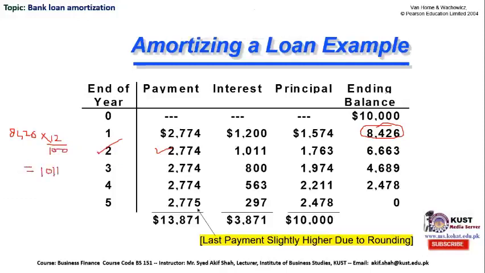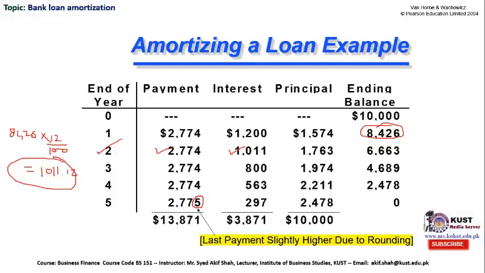$1,011. Bear in mind that the exact value might be something like that, 0.12, but we have rounded our values in order to avoid the decimal places, and this rounding will result in a slight difference in our final year total amount of payment. It could be $1 or $2 slight difference, but it doesn't matter a lot. So the second year's payment is